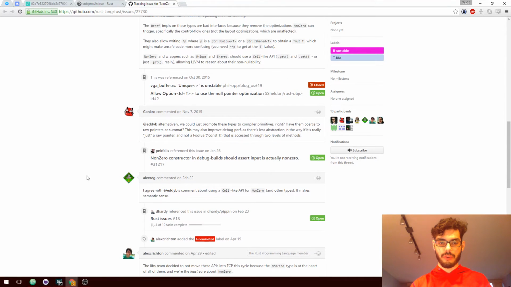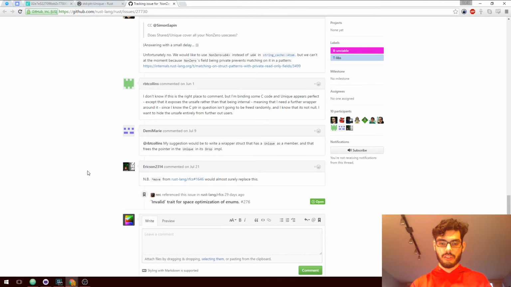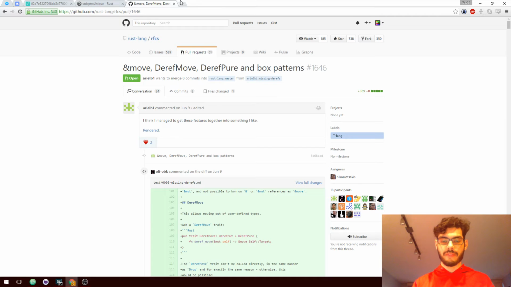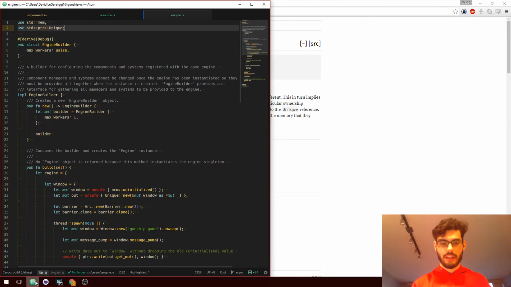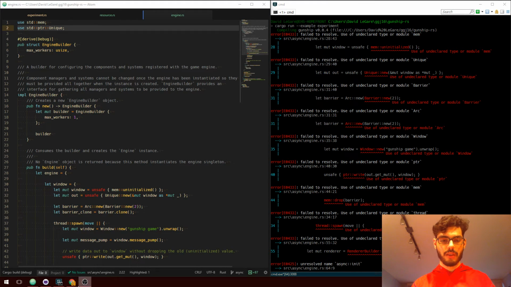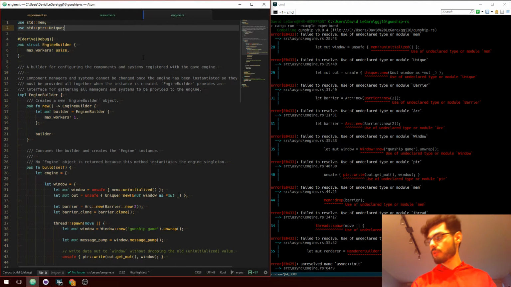What was all the discussion for it? Should it be non-zero? Should it behave like cell? But people are talking about move references. Honestly, I don't care. Whatever the Rust dev team comes up with, and especially the Rust community comes up with, I will be happy about it. It'll surely be sufficient for my purposes. I'm going to quickly slap in a few of these uses that I'm missing. Standard pointer unique. And then I'm going to quit this stream for today.